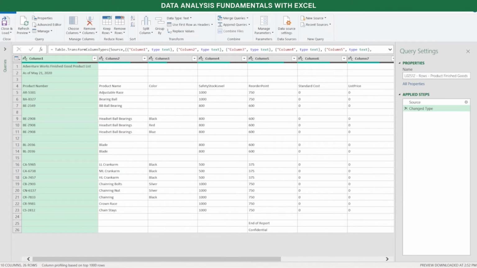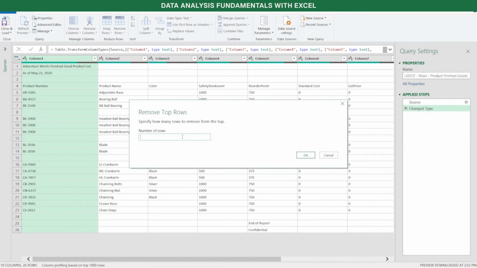So we can see the contents of the file that we previously showed you here in the data preview pane. And now we want to go ahead and use the remove rows functionality to clean this file up. So the first thing we're going to do is we know that we want to get rid of the top 3 rows by the looks of it, and it looks like we probably want to get rid of the bottom 3 rows as well. So let's go into Remove Rows and click on this, and let's say Remove Top Rows,